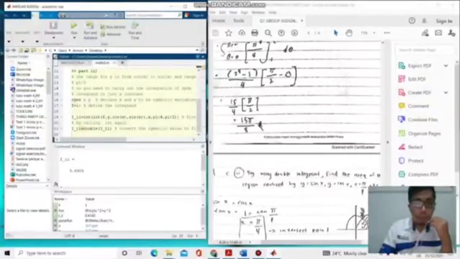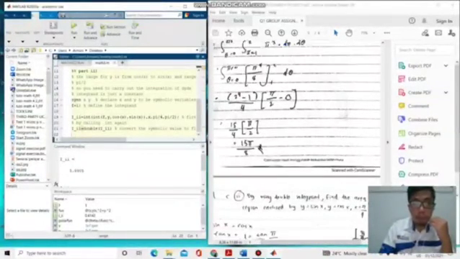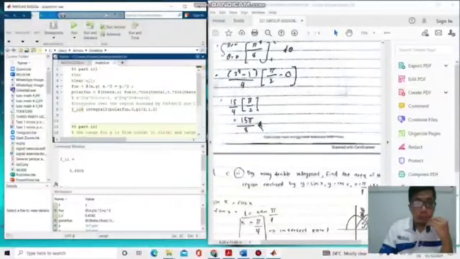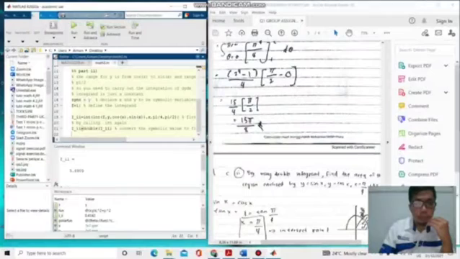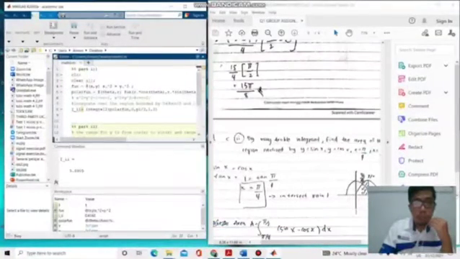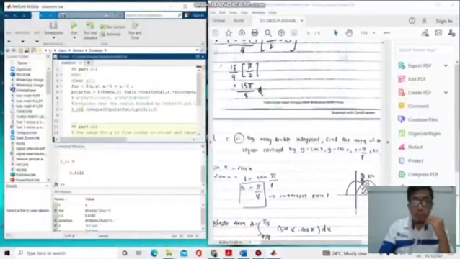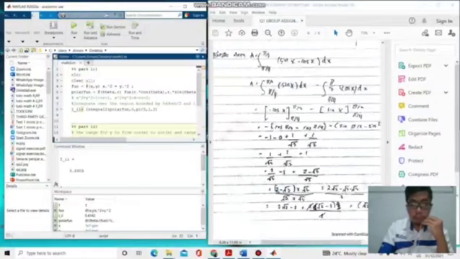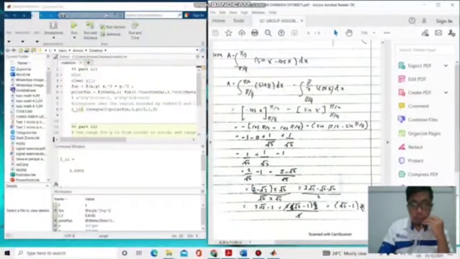And I took from this one 15 pi per 8 equal to 5.98909. And this one I got the manual calculation,